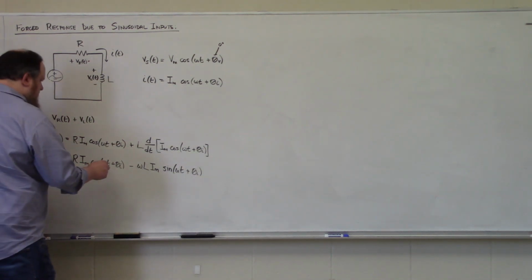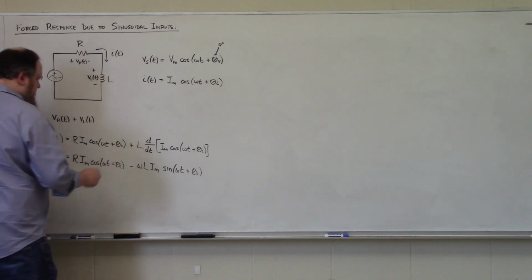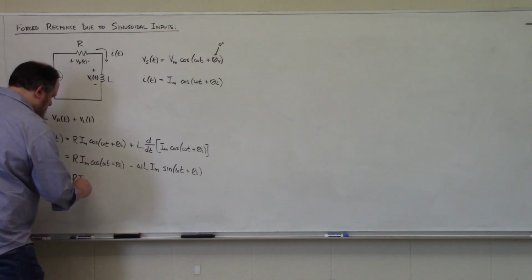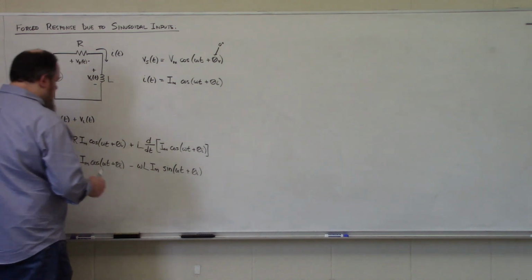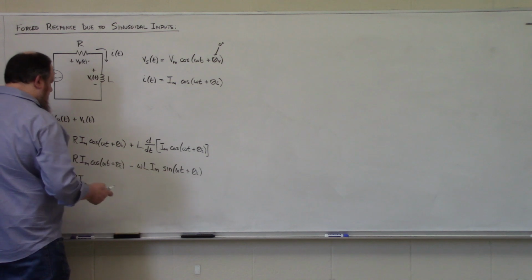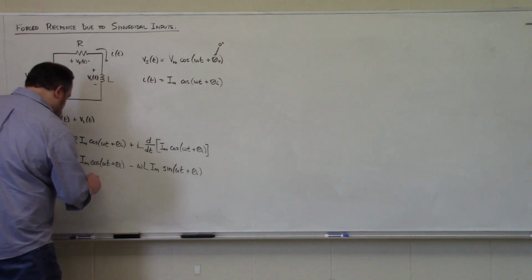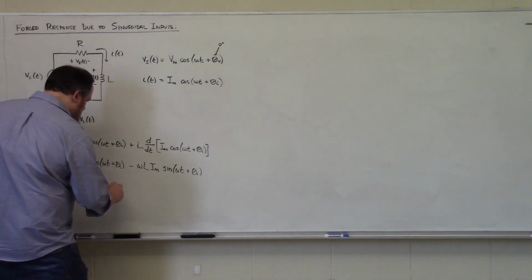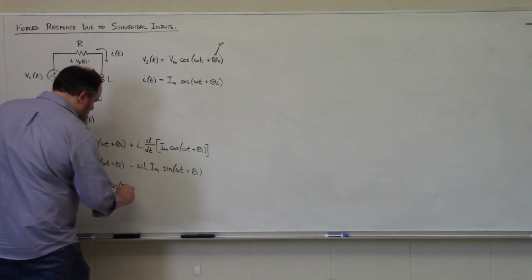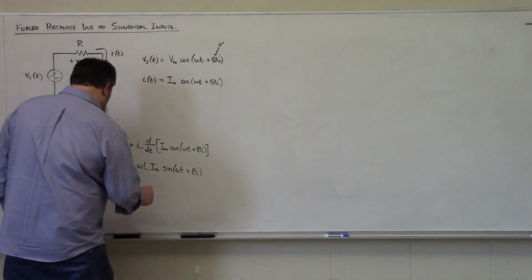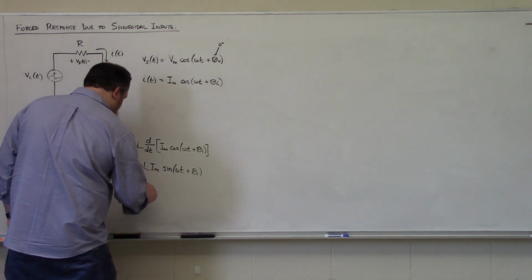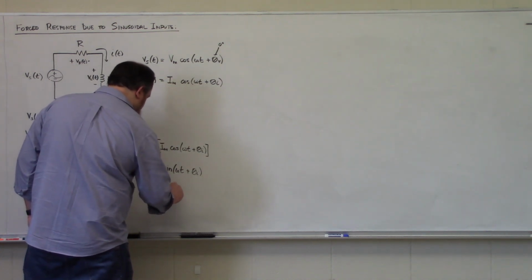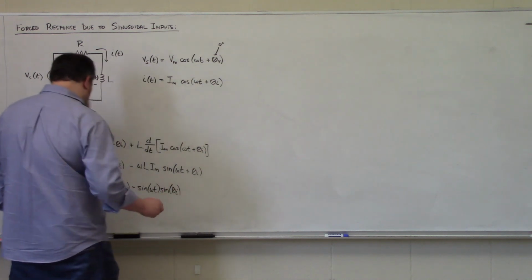So using trig identity number 6 on your worksheet, this is going to become R times Im cosine omega t plus theta I is going to be cosine omega t cosine theta I minus sine omega t sine theta I